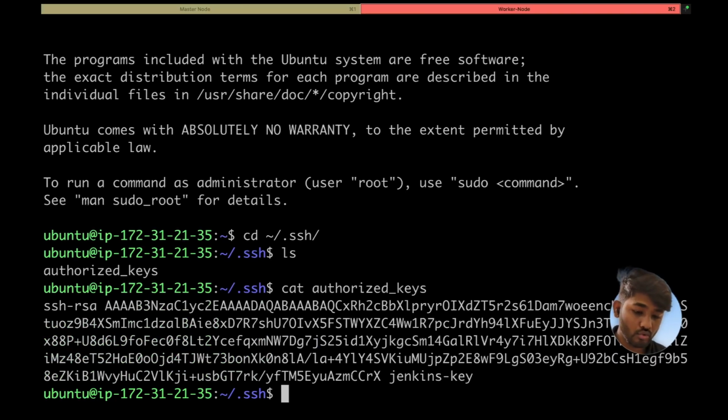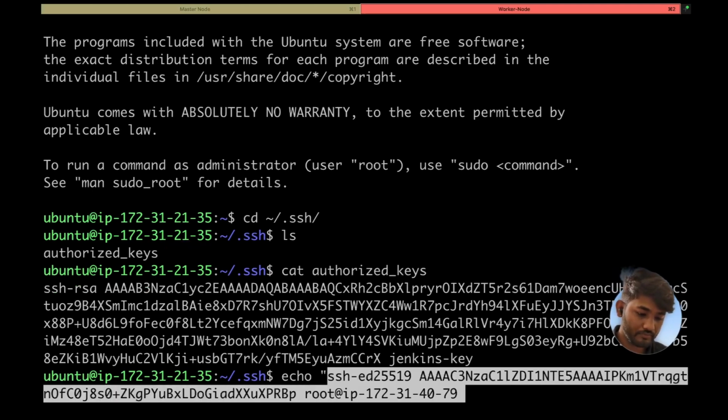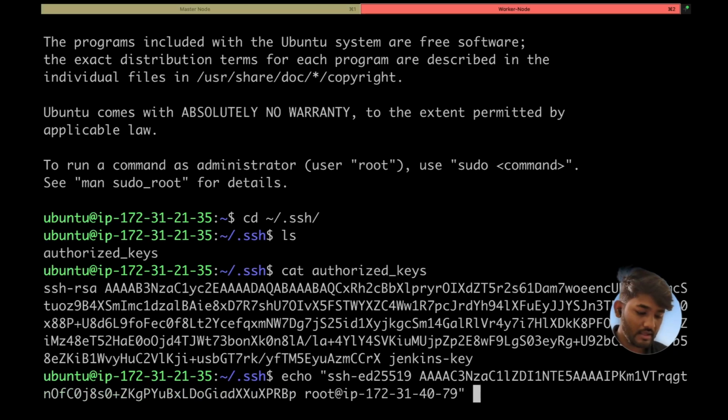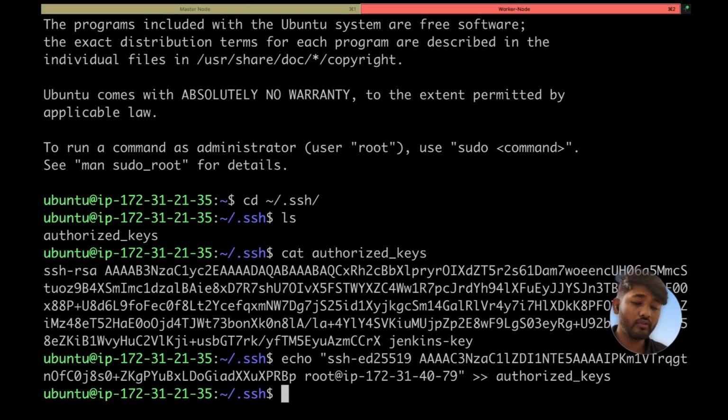But what I want to do right now is add the public key from master node to the worker node. So what I'm going to do is I'll just type echo, this is the key, and I want to append it to authorization keys. Okay, done. Now the second thing is, in order to communicate via Jenkins, we will need one more thing,